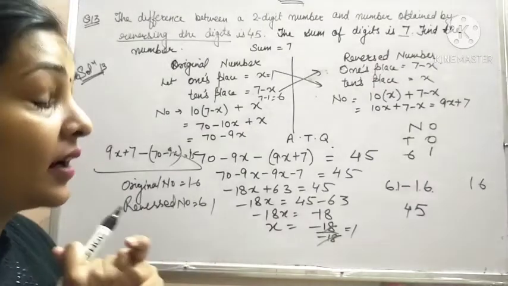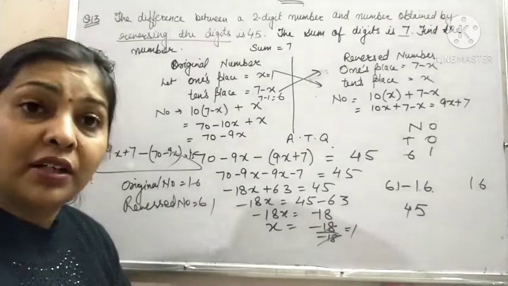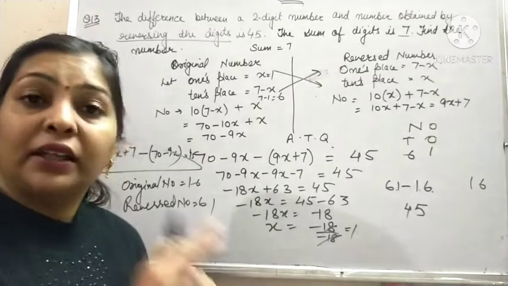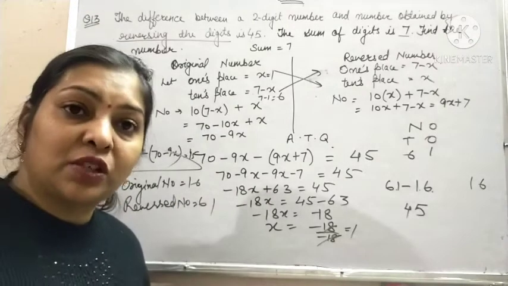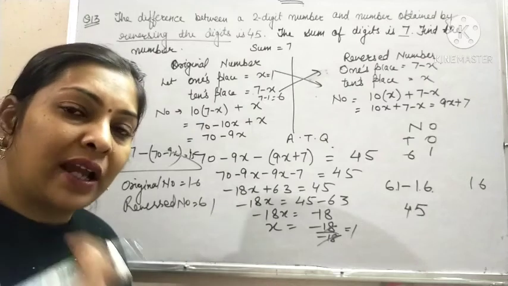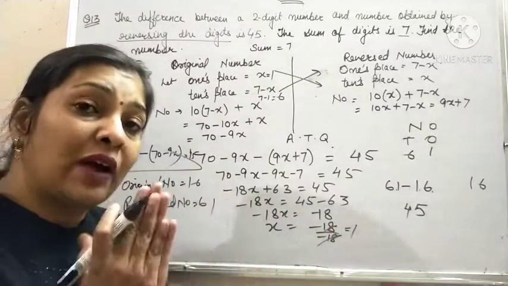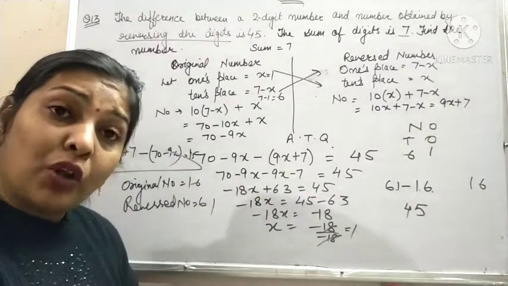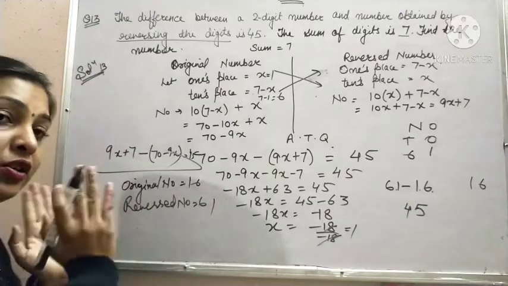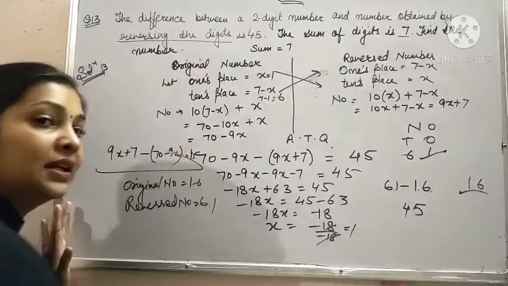Both the answers are correct, because here the relationship is not given between the numbers, but rather it is told that the difference of the two numbers is 45. Nothing is given about which one is greater and which one is smaller, and the difference of two numbers is always equal to greater minus smaller. Whenever there is the word difference, you have to subtract the smaller number from the bigger number. So you can use any equation over here. Your marks won't be deducted whether you write the number as 61 or 16.